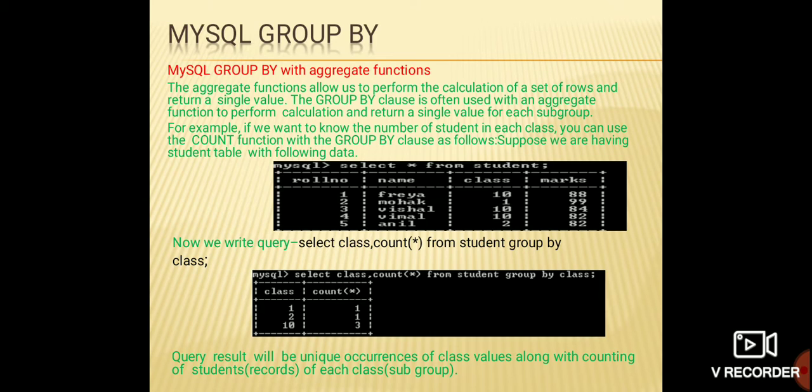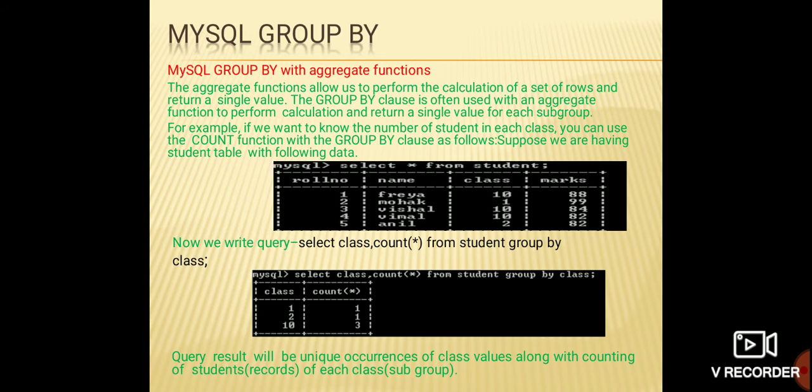So see, the table is written here, the student table is there, with roll number, name, class, marks, all written over here. So my query is what? I want to count how much data has been entered in each class. Okay, this is my question. So I will write the query as select class. I want to show only the class, so I will select class and count.